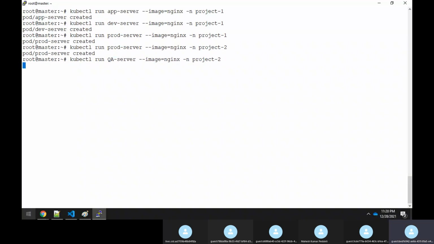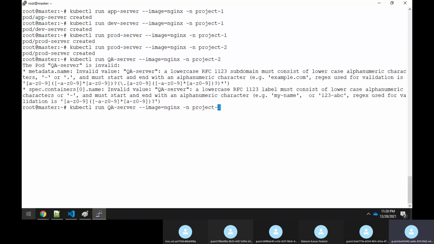The server, oh, sorry, small case. Your server, and then DB server.